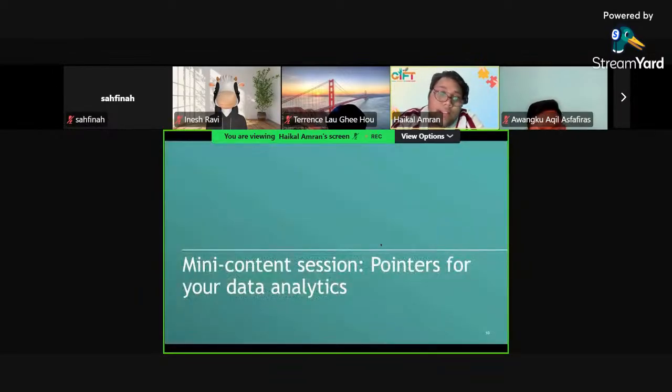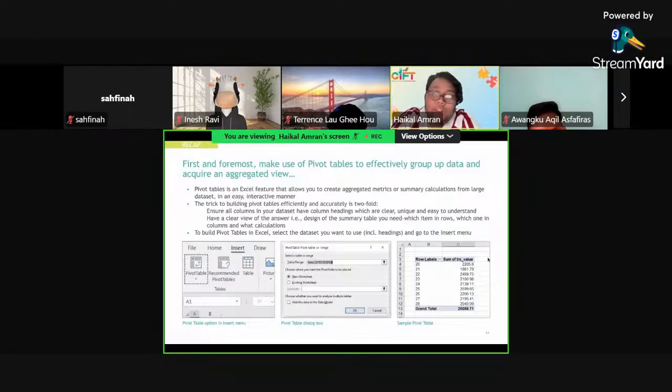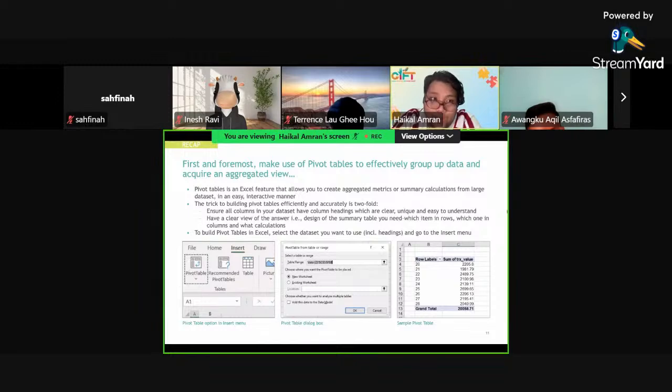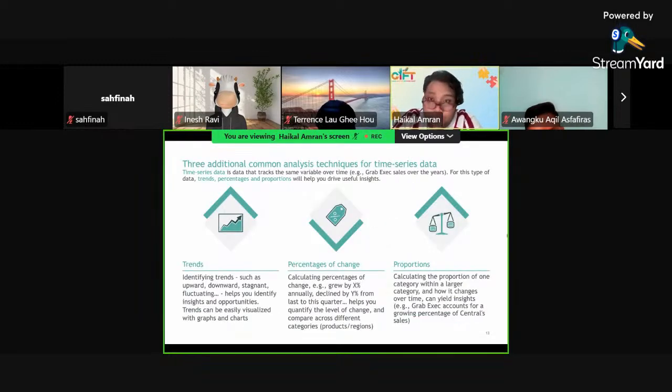All right, so let's do a little bit of a refresh about some pointers that need to be included in your data analysis. Before you even begin with your data analysis, you need to understand how to make use of the data that you're already provided, and you can first clean this up on Excel. This was where a lot of us left off from last week. A lot of us were still at this step of pivot tables and charts. But I believe today we can all together move towards the analysis part.